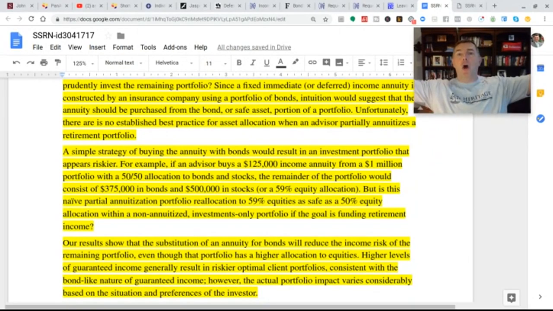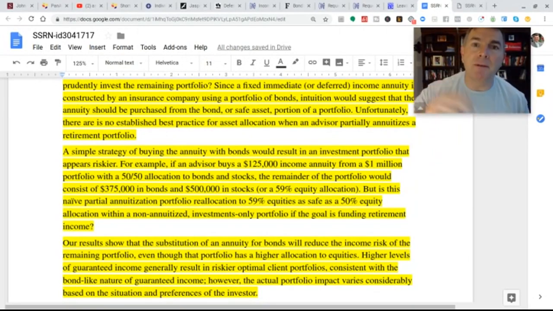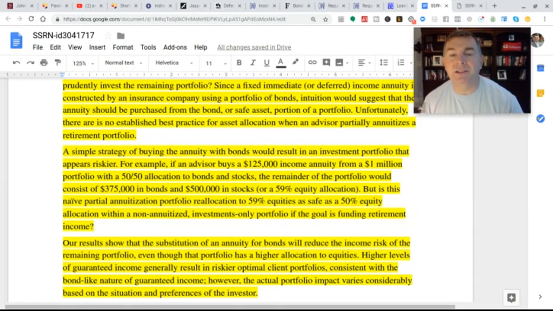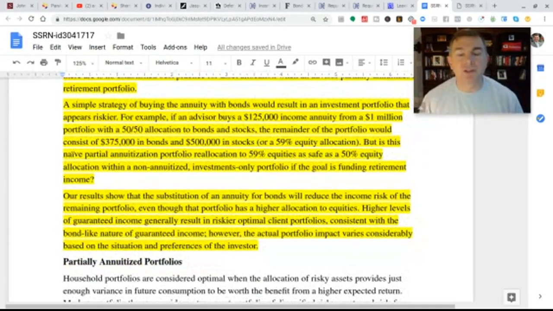And you're like, whoa, Scanlon, you're crazy. I'm a 50-50 investor. You got me at 60-40. And again, well, we got you at 60-40 because of the $125,000, the other 10% is actually an annuity, which is essentially a bond. There's no other way around that. But is this partial annuitization portfolio allocation to 59% equities as safe as a 50% equity allocation with a non-annuitized investment-only portfolio? Our results show that the